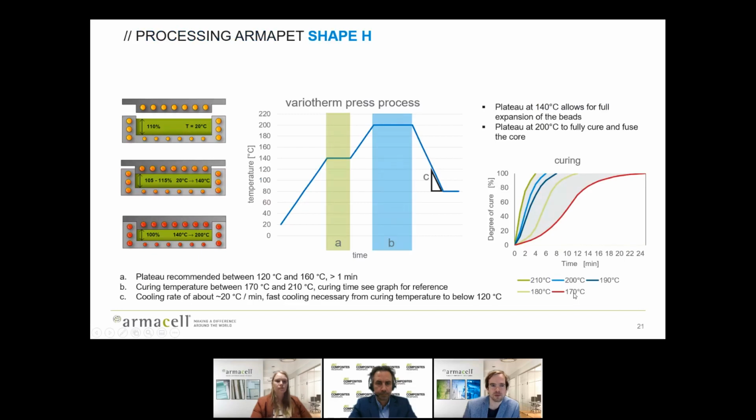The processing of ArmaPET Shape H is similar to that of the Shape P. In this case, it's just that you need lower temperatures. You also overfill the mold slightly to achieve some compression. It's also possible to not fully close the mold in the first step, to allow for some expansion while heating the material to around 140 degrees C. There we recommend a short plateau to allow the full expansion before